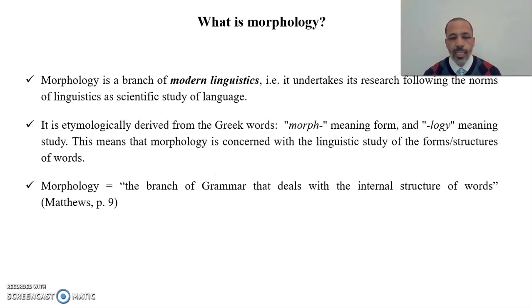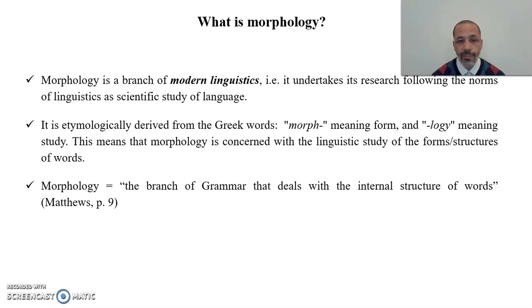So concerning the definition of morphology, you can find various definitions in literature. We start by these plain and simple definitions. So morphology is defined as a branch of modern linguistics. That is to say, it undertakes its research following the norms of linguistics as a scientific study of language. It is of utmost importance, if you want to define morphology, to say that it is part of modern linguistics,